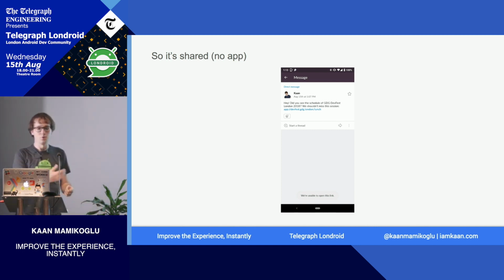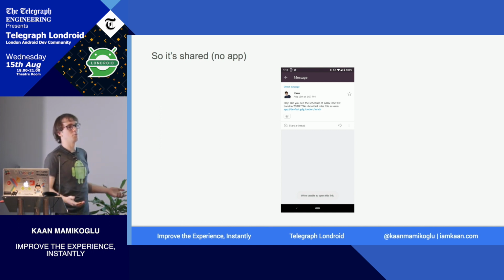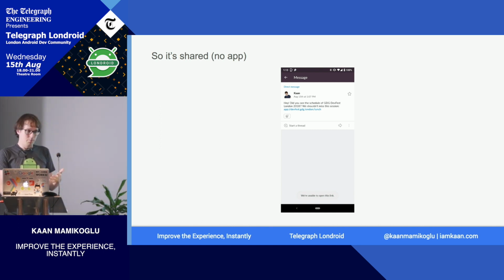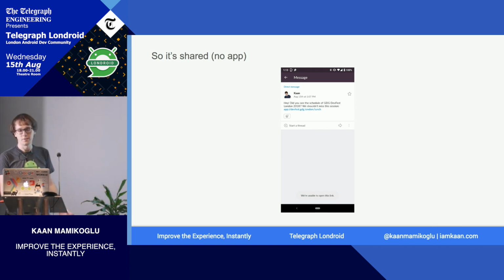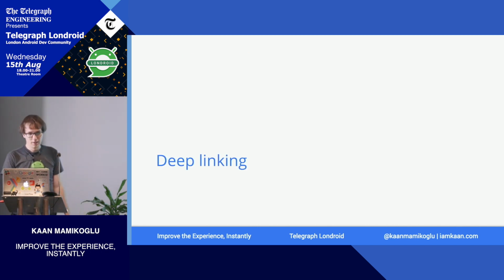because the user doesn't have your app and there's no way to open this link. Well, you can say that it's not my app that's crashing, so I don't care, but still you didn't get the user. So we can do better with